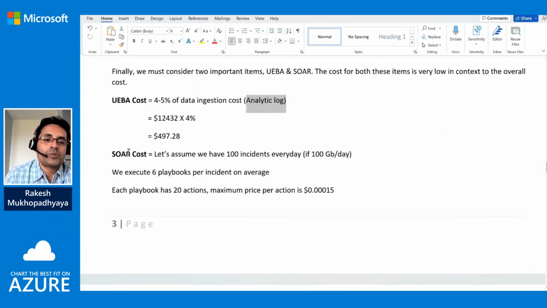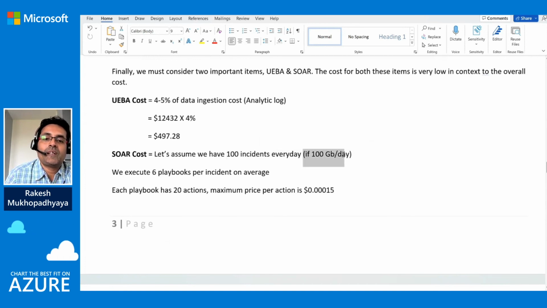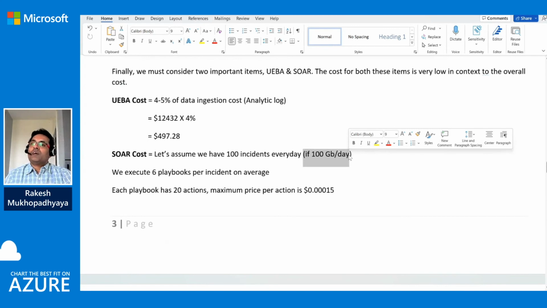Then what about SOAR cost? So we will take some assumptions here. What we are assuming is that we have 100 incidents generating every day in my SOC environment for a 100 GB per day ingestion plan, and I should also clear it here that 100 GB per day is very close to equivalent to 2500 EPS. Okay, so 100 GB per day is a 2500 EPS kind of plan. So if you find that your customer has a 100 GB per day ingestion plan,